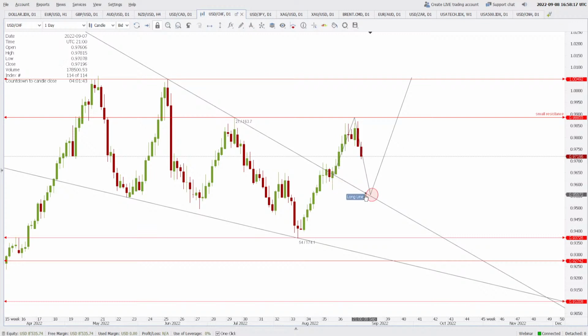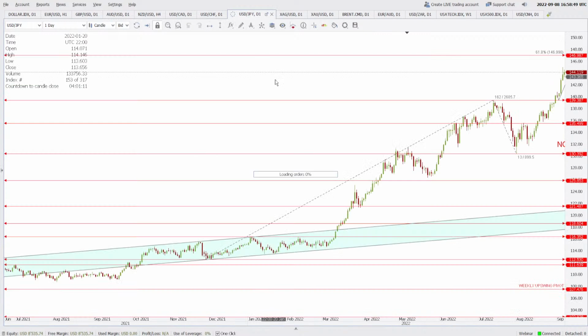The price may find some support here at the falling wedge if it comes to this place, and if it doesn't and goes all the way down, then 0.9372 is going to be a good support for the USD against the Swiss franc. Now the next target for this one after breaking the 0.9885 area is the 1.0049 area, because the falling wedge had started from this area only. So this is the valid target of the falling wedge breakout. Where is the resistance? 0.9885 is the immediate resistance and 0.9372 is the immediate support for the USD CHF.